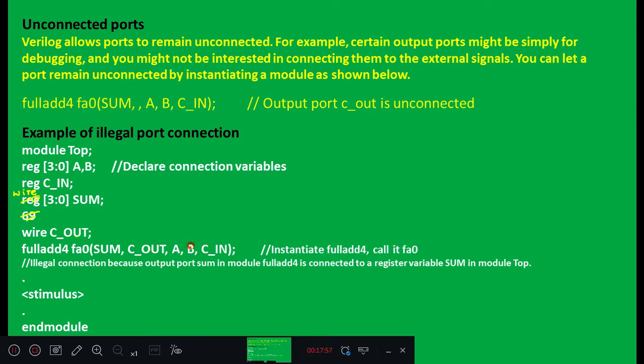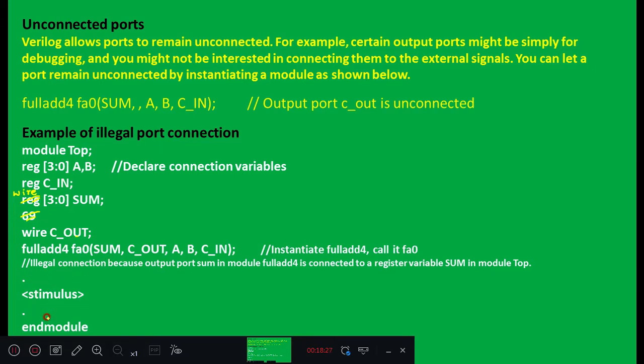Only cout, A, B, C in are allowed, and we are trying to connect illegally sum, which is defined as register. The general tendency in writing stimulus or test benches is that input ports we define as registers and output ports we define as wires. If you define a register and try to assign it to a net, you will get an error message.